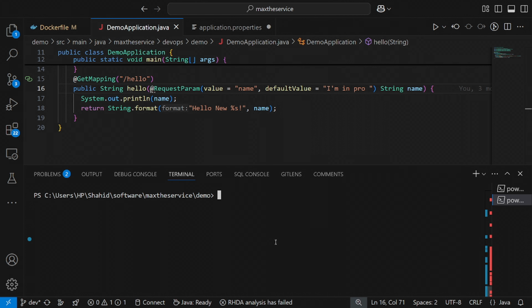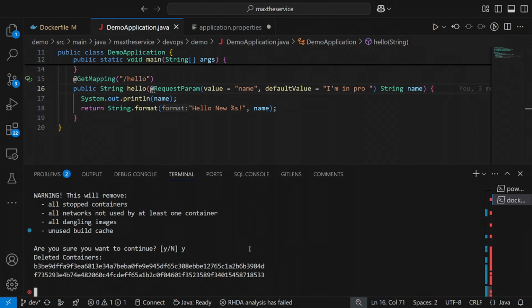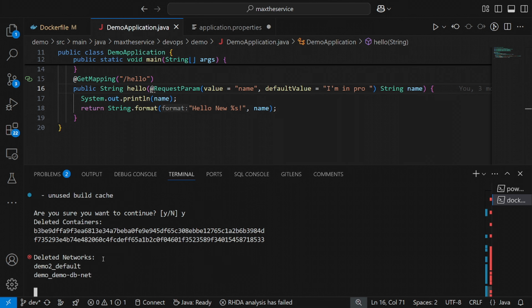To remove unused data, including dangling image layers, meaning images with no tags, you can use docker system prune. It removes all stopped containers, networks not used by at least one container, all dangling images, and unused build cache. Yes, it is going to delete everything that is unused. Okay,